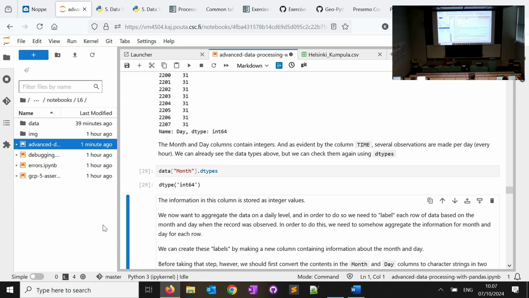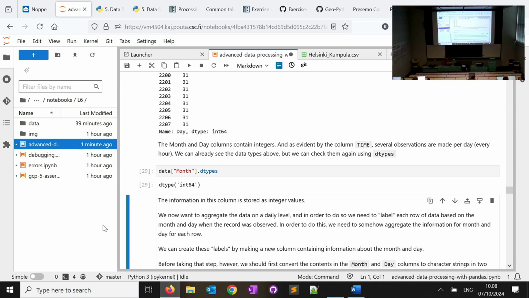Now I'm going to create a column in which I can know which day each reading belongs to. I have 24 readings per day. In order to create those unique days, I need to know which month and which day each reading is from. Then I can use that to aggregate per day.